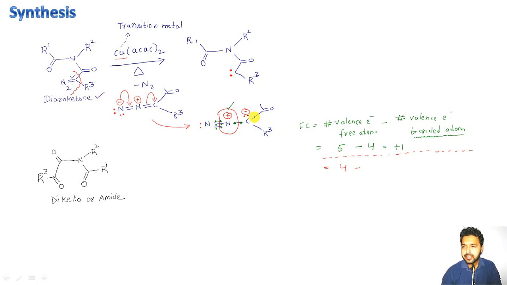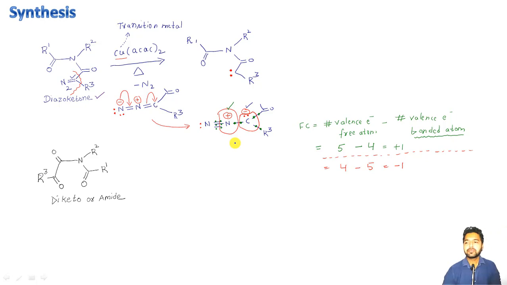We can say this is made up of 2 electrons, this is made up of 2 electrons. So here it is containing a total of 1, 2, 3, and these 2 electrons, which gives us a total of 5 valence electrons, giving me a -1 formal charge, which you can surely see here on this carbon atom. Okay.